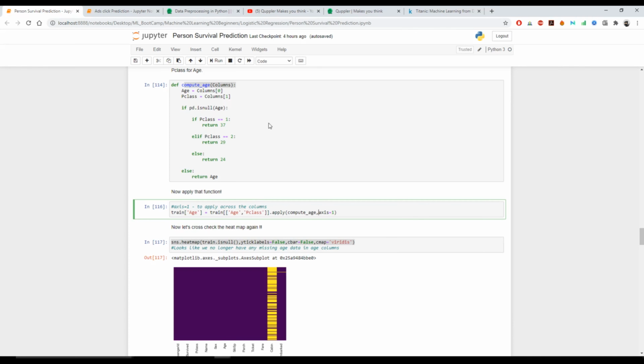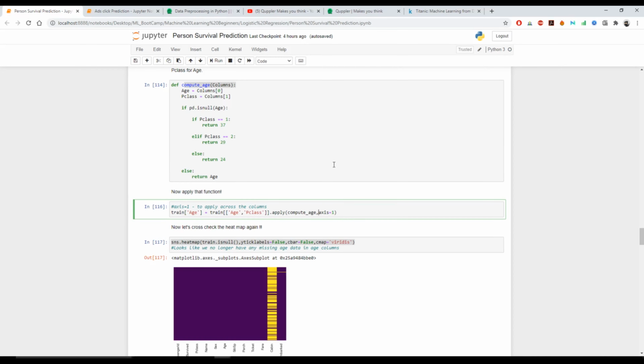So in our scenario, as of now, most of the data is missing for this, so we're going to drop this particular column age, this cabin, we're going to drop this particular row, and we're going to drop this embark. Once I run this and do train dot head, you can see here this cabin data information is missing, so much data is missing.